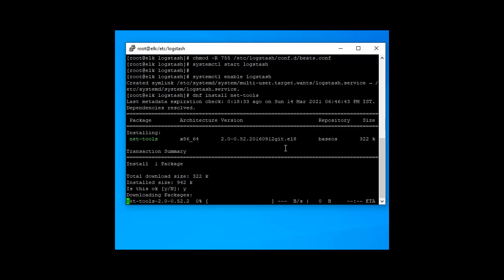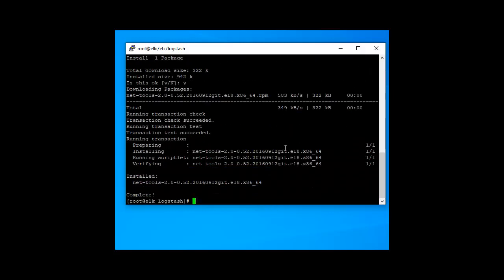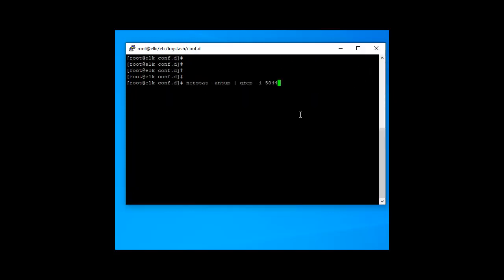Press Y. So now the port is running, 5044.